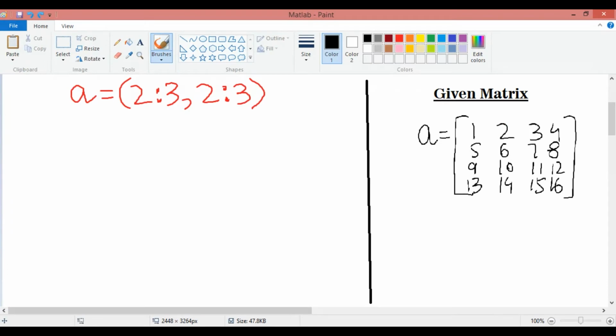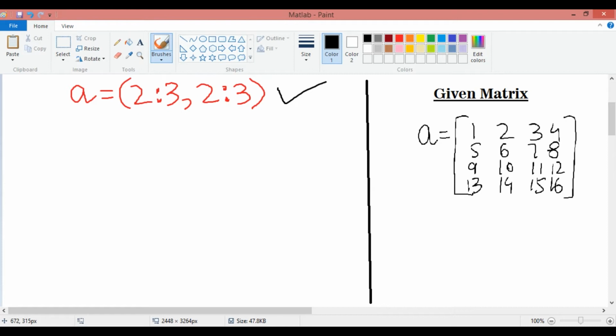So the next command that we are going to use in MATLAB is this. Let's just talk about a few things about this command, and then we will write this command and see the results. So this command is A equals small bracket 2 colon 3 comma 2 colon 3 and small bracket close.